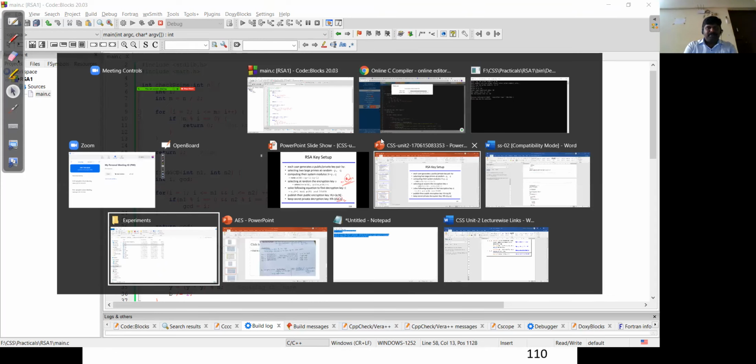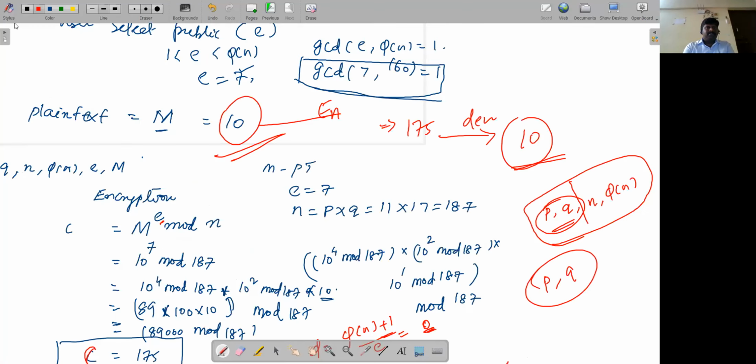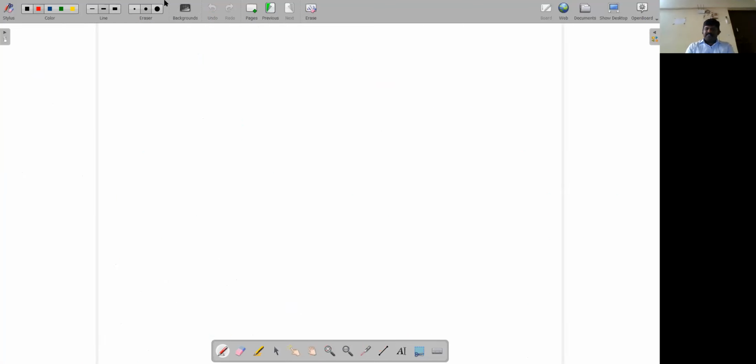I just need to open a board. Here it is, open board, right? I'll take a separate sheet. See, so what is the logic? Sorry, forget about the prime factors and other numbers, right? You just write the code for, so declare the variables integer p, q, and e, d, and n value, pi